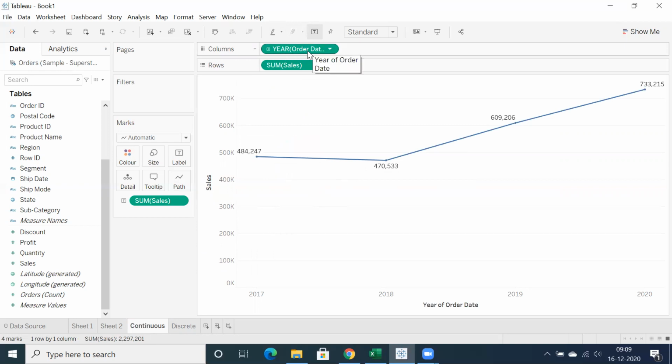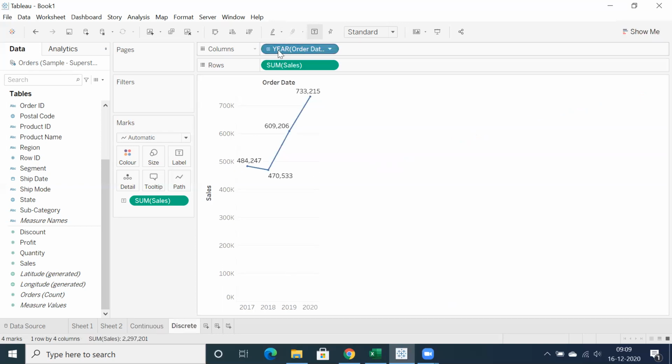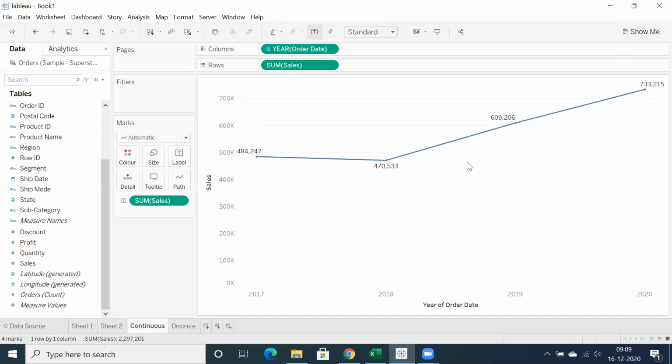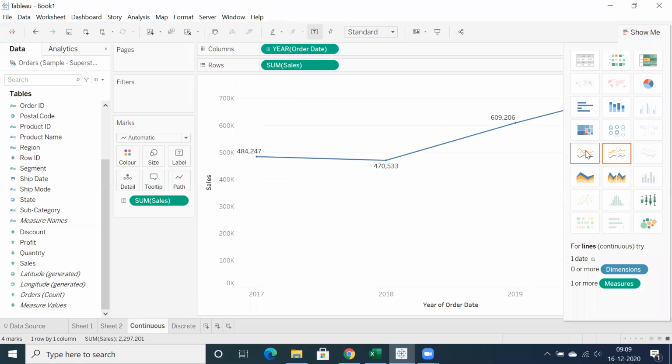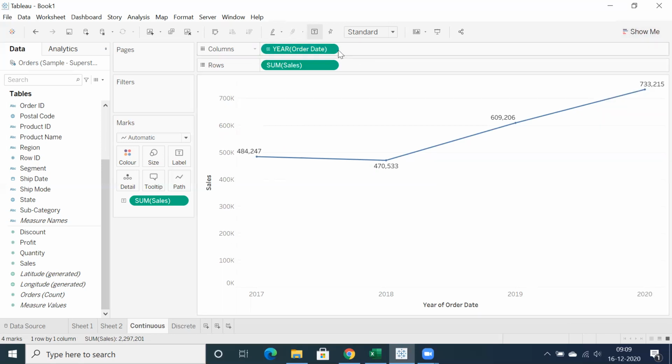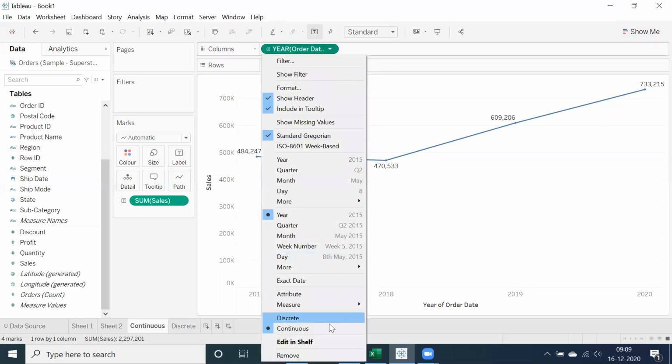What is the color of year of order date? It's green. Go back to discrete. What is the color of year of order date? Blue. So when you click on continuous, the continuous line graph, this will convert into continuous.